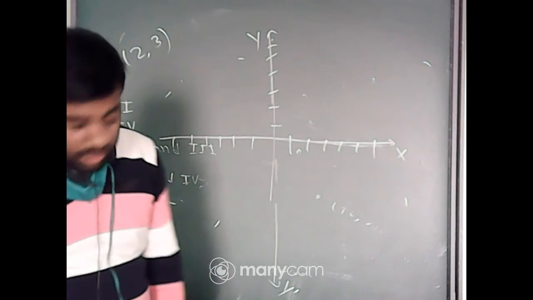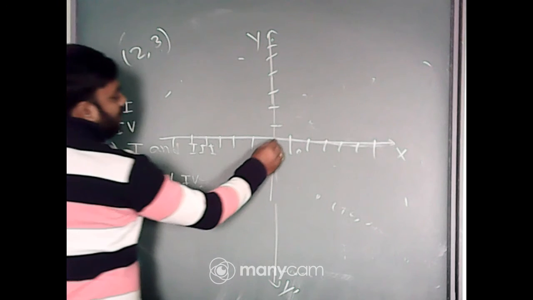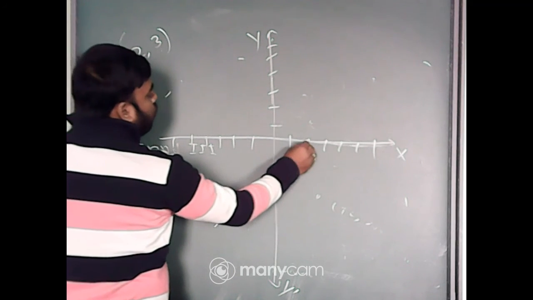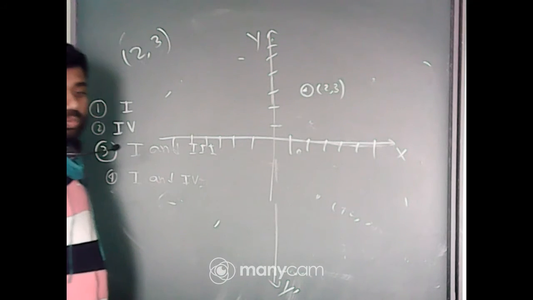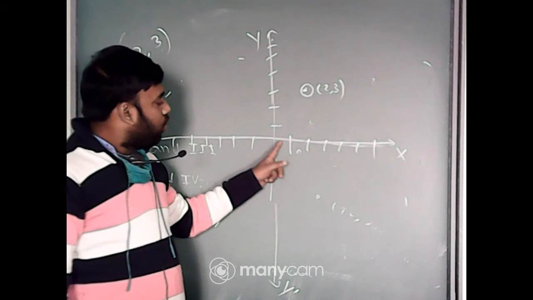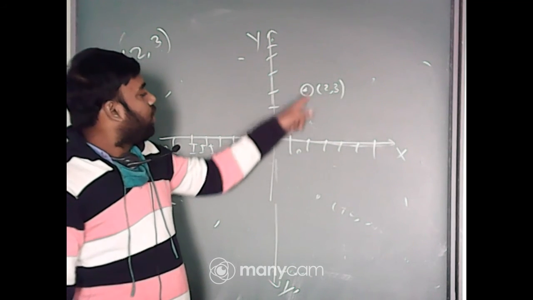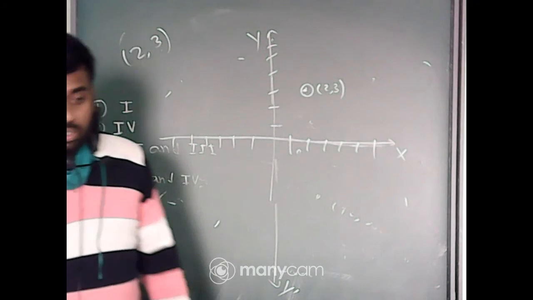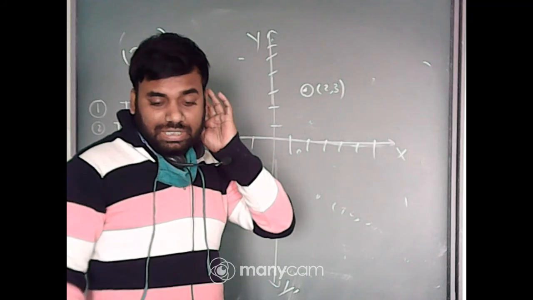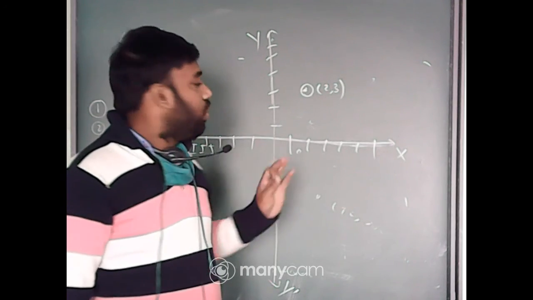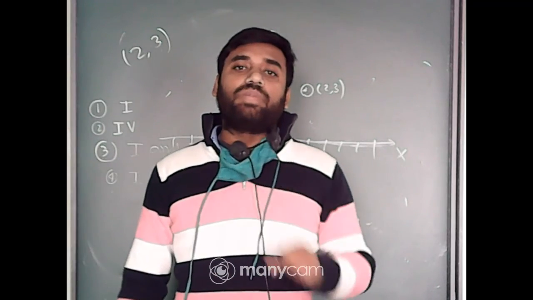Okay, listen. How to plot a point with x coordinate 2 and y coordinate 3. First here is the origin. So 2 along the x-axis, 1, 2, and then 3, 1, 2, 3. That point is 2, 3. Got it, everyone? X is positive, that's why I move 2 units along the positive x-axis, and as y is positive, I move 3 units along the y-axis. So that is 2, 3. In this way we will be able to plot points. One video for plotting points has been uploaded today. Watch that video, I hope the concept will be clear.